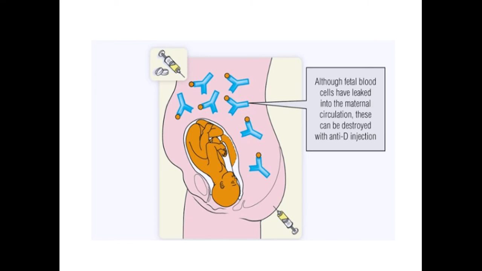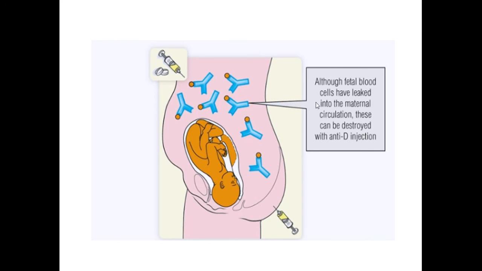And by doing that, we will suppress her ability to produce antibodies against the Rh positive cells. And also we will destroy any Rh positive red blood cells that could have leaked into the